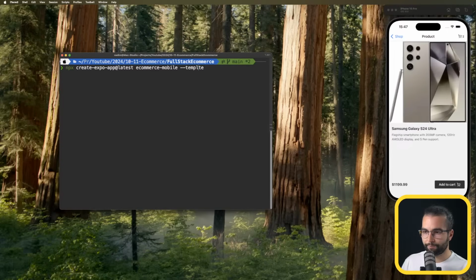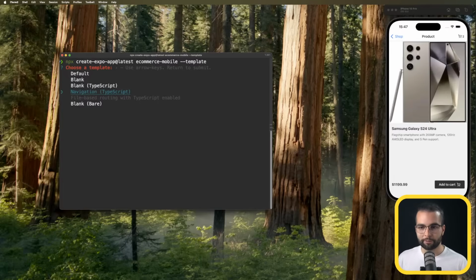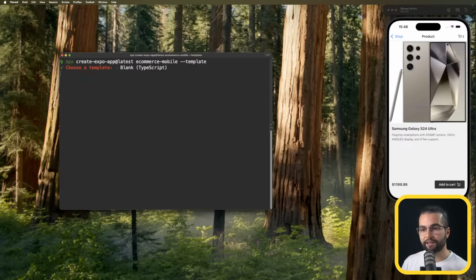It should be template properly written. Now, after running this command, what we're gonna see is different templates that we can choose from. We can go ahead and start from navigation TypeScript that will already have Expo Router installed and set up and a couple of tabs there, but I usually like to showcase how you can also install and set up Expo Router. For that reason, I'm gonna choose blank TypeScript